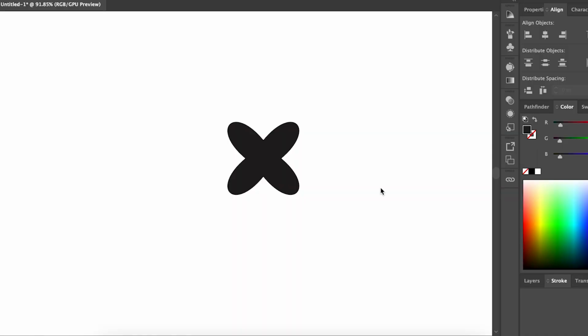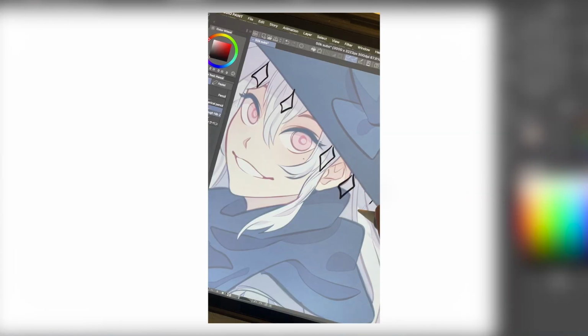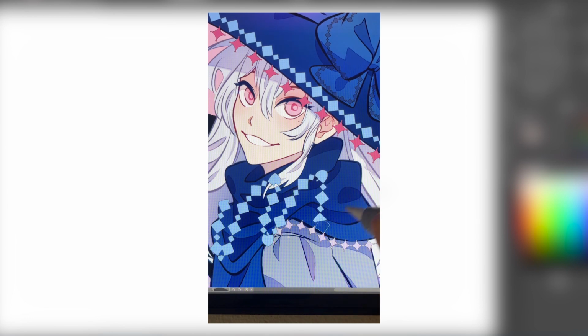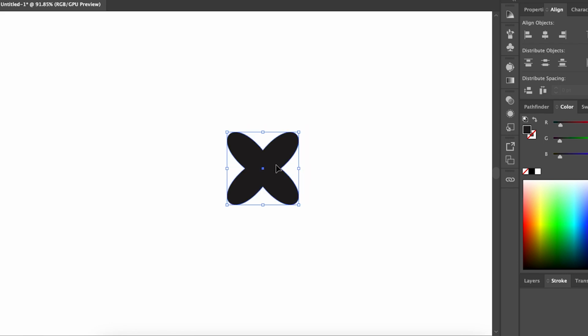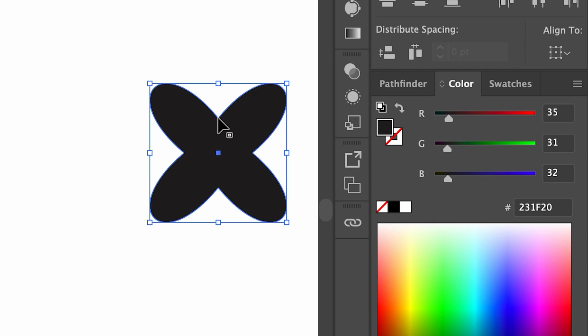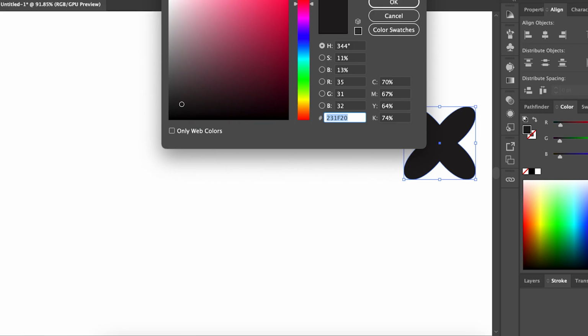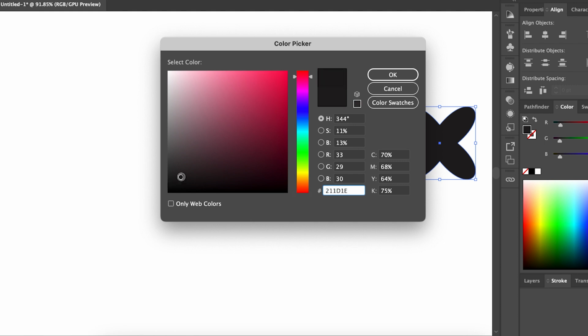If you've seen my YouTube short on registering material using Torbox that needed a whole auto action, that only applies if you're using something from Adobe Illustrator. So let's say that this is the brush tip that I want to use in Clip Studio Paint. First up, you have to make sure that the black is solid black. You can see in color right here, it's this weird grayish color. If I open up the color picker, you can see it's right here. Make sure it's down here to complete solid black.